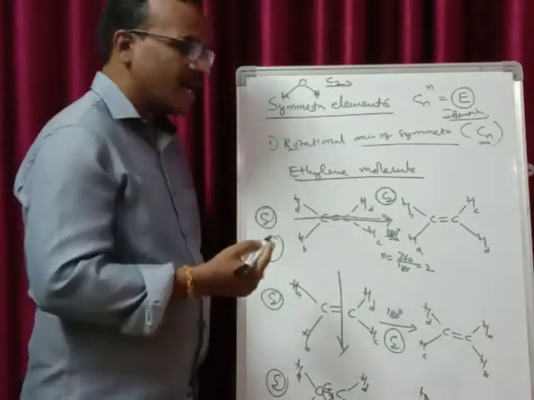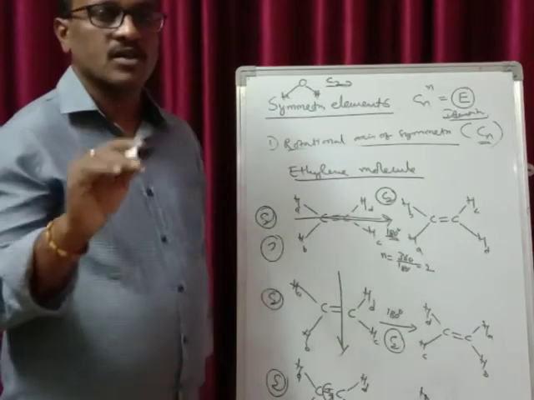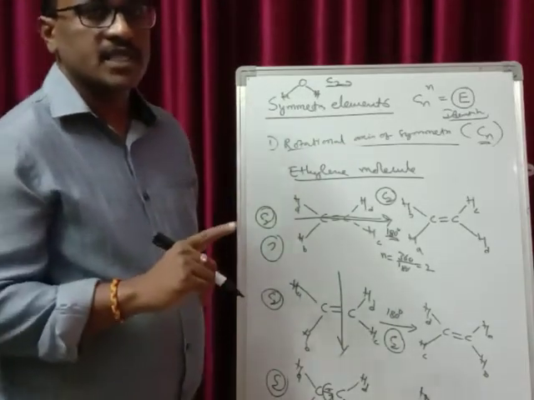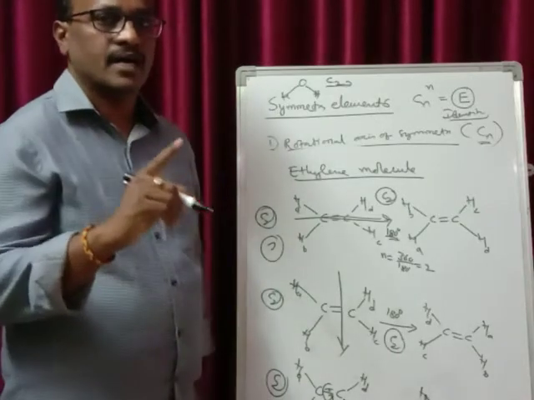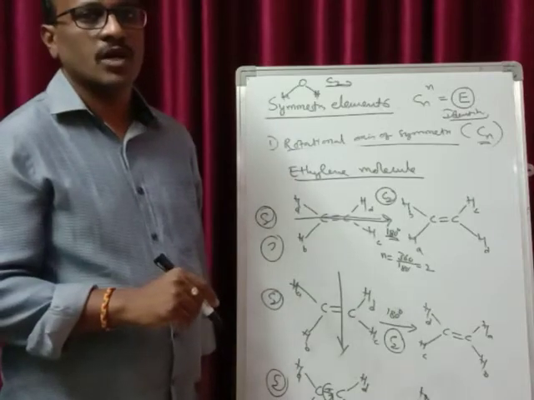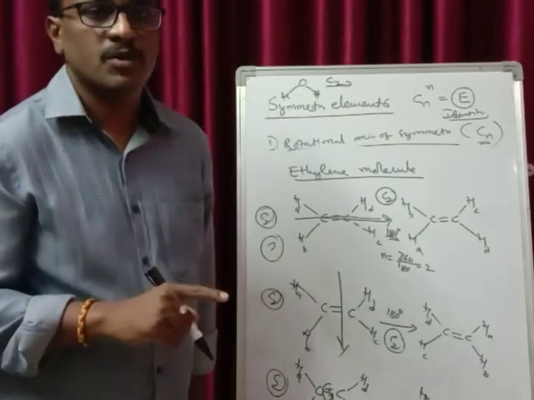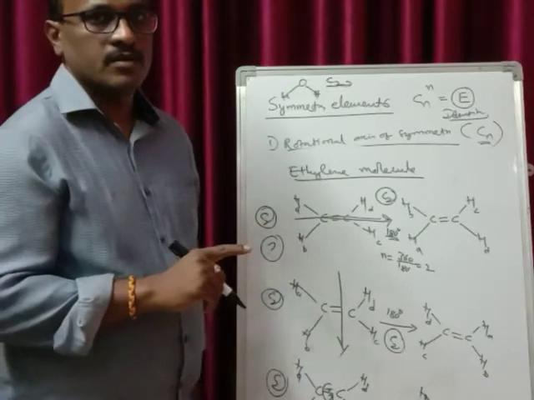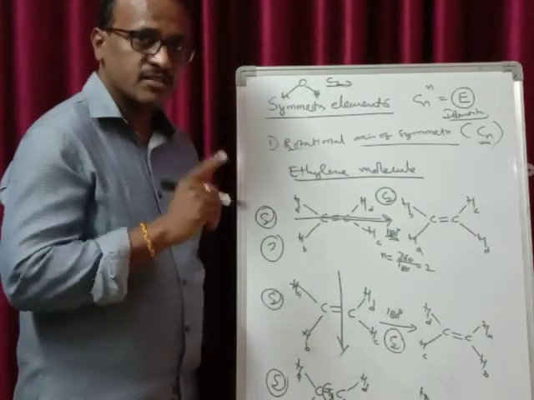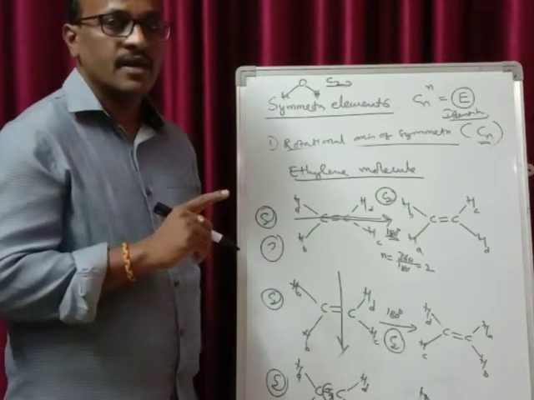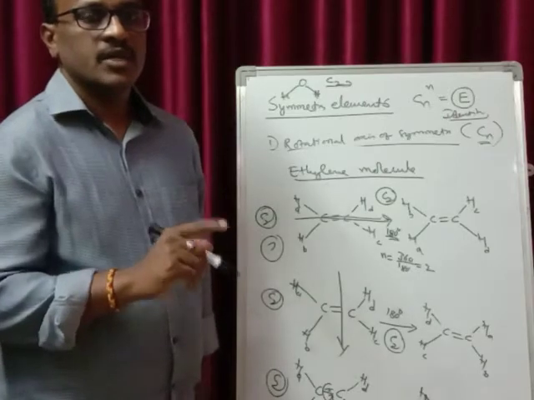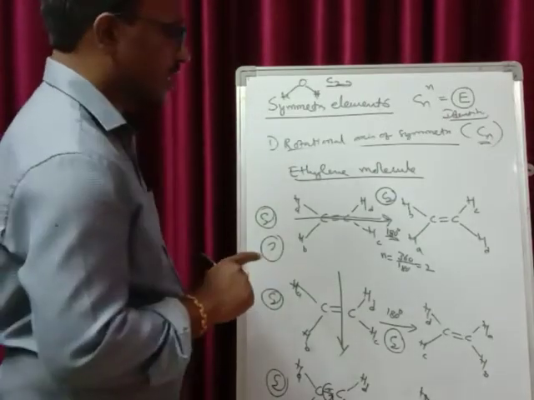Now, if a molecule has the same symmetry element along three different axes, then the axis passing through the maximum number of atoms, the axis which is touching the maximum number of atoms in the molecule, should be considered as the principal rotational axis of symmetry. I am repeating it once. The axis giving you the rotational axis of symmetry which is passing through the maximum number of atoms should be considered as the principal rotational axis of symmetry.